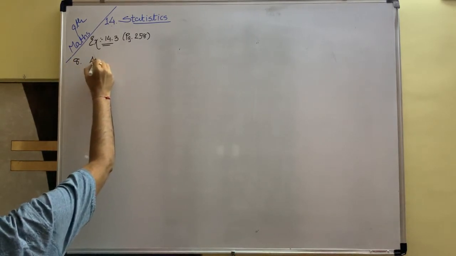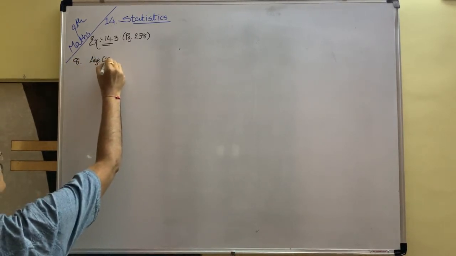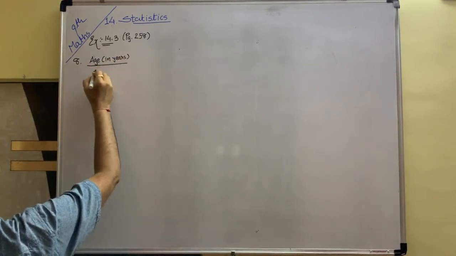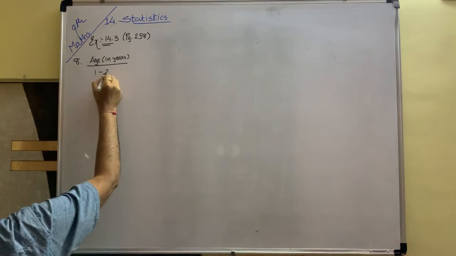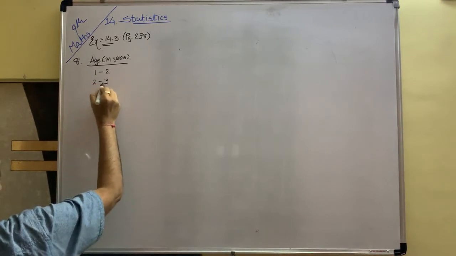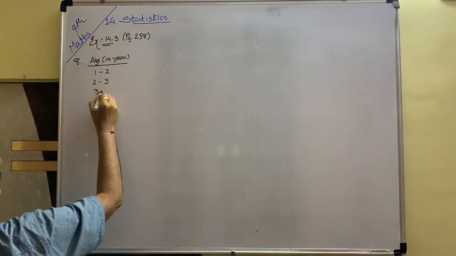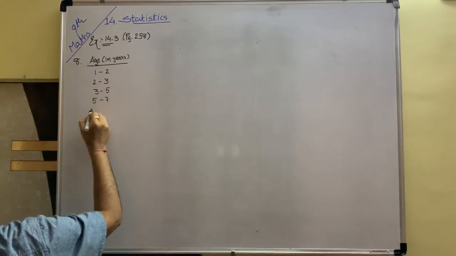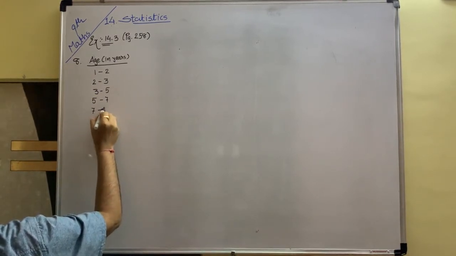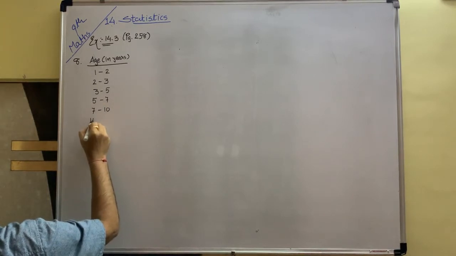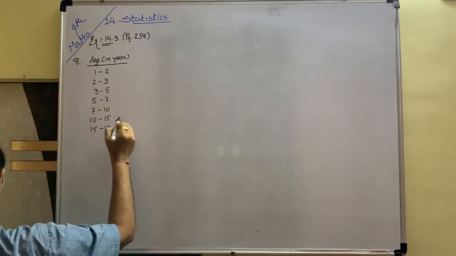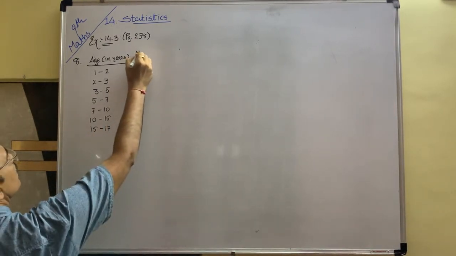Age is given in years: 1 to 2, 2 to 3, 3 to 5, 5 to 7, 7 to 10, 10 to 15, and 15 to 17. Number of children,